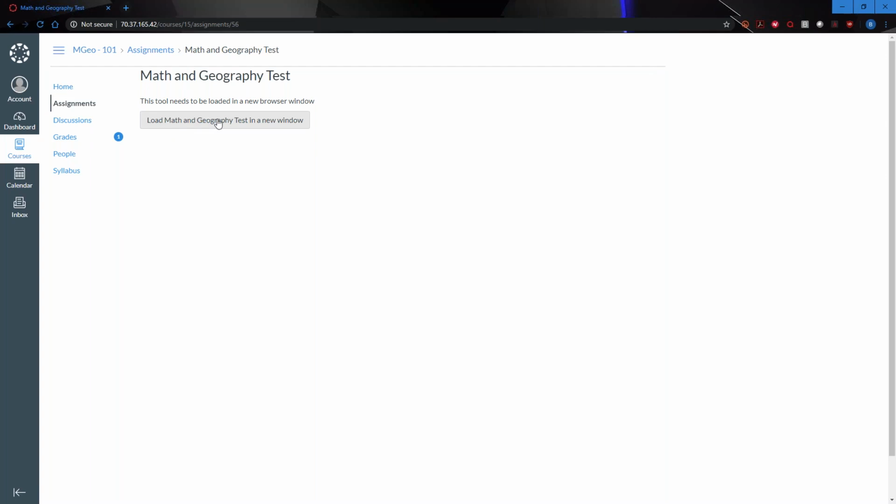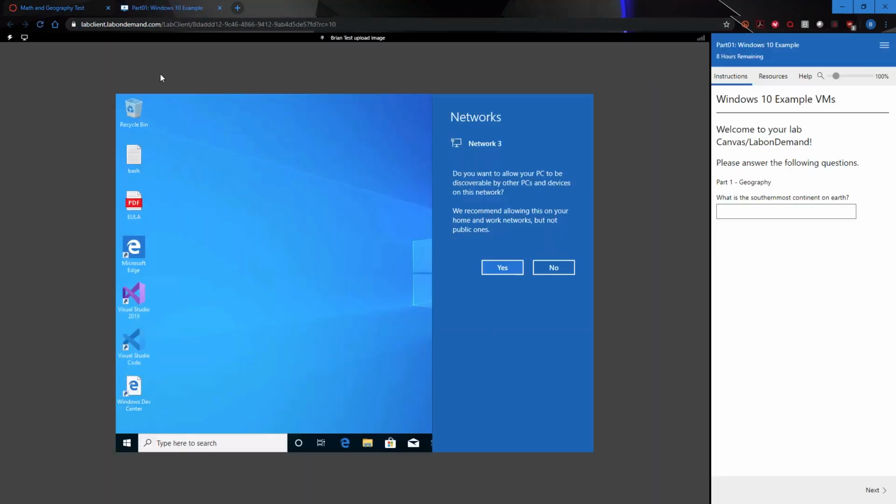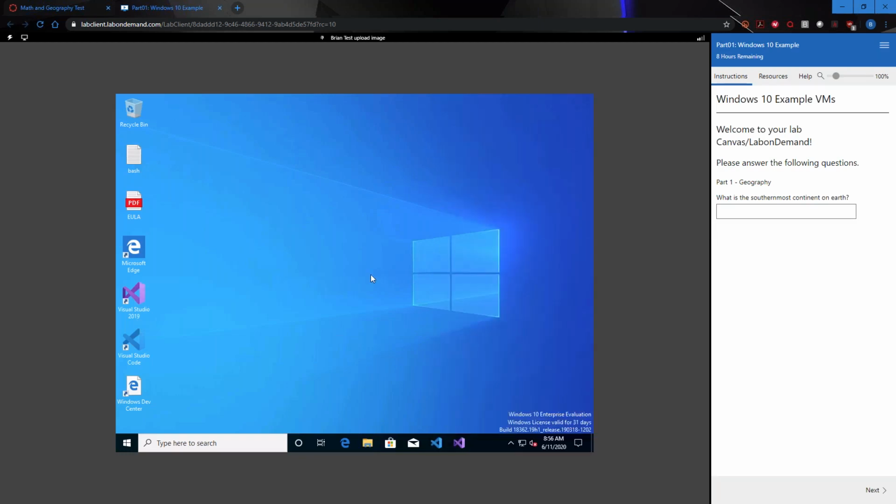So when I click on this, it is going to go find the lab profile that we mentioned earlier with the 71166. And it's going to find that lab, it's going to launch it, and it's going to give it to me in a new window. And there it goes, sends it off. Here's going to be the standard lab interface that most of you are familiar with. We've got the VM on the left side and the instructions, or in this case, the questions